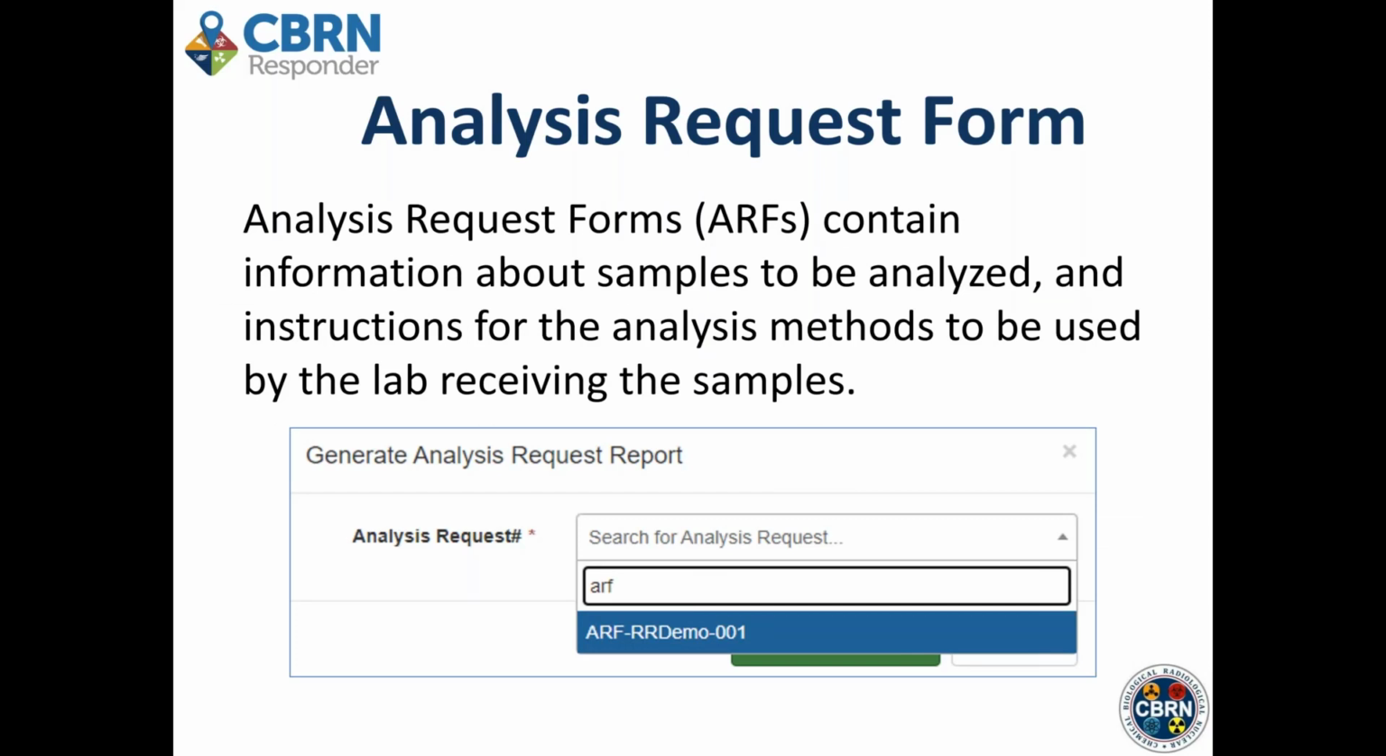So moving on to our next type of report, we do have the analysis request form, commonly referred to as an ARF. They contain information about samples to be analyzed and instructions for the analysis methods to be used by the lab receiving the samples. So when you select generate form, you'll be asked the request number, and as you can see here, we have selected just this demonstration number,